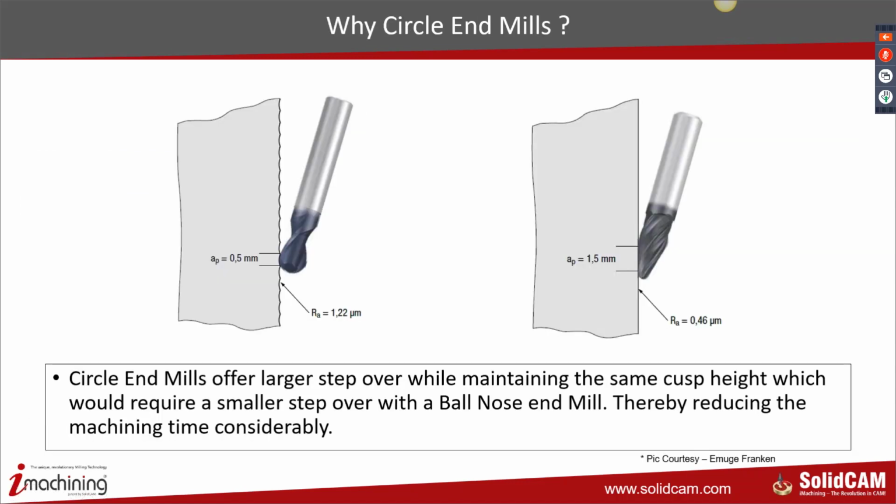So if I compare an oval form tool which has an outer radius of R90, you can see that for a scallop height of 0.46 micron, the old form will take a step over of 1.5, and for a scallop 3 times smaller than that, it has to take a step over of 0.5 millimeter here. So you actually end up reducing